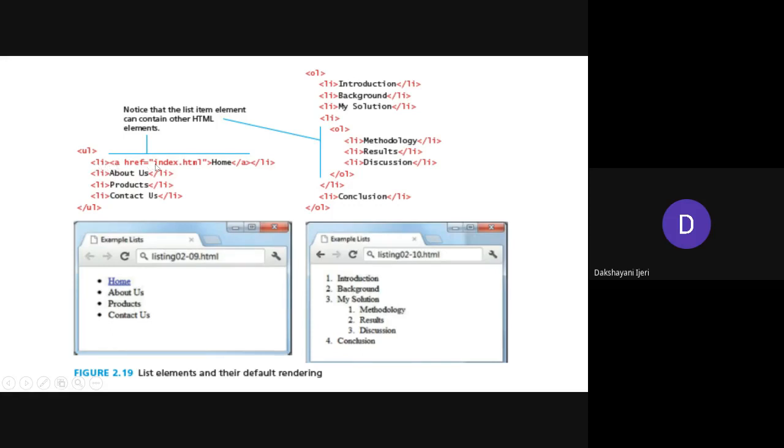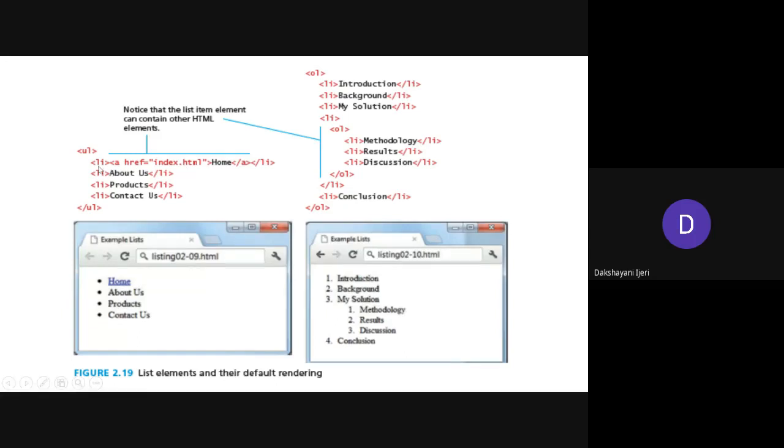So you can see here in the first example, li is the first element. Following that, the anchor element has been used. Why? Because the item that you want to include for the first one is a link. So though it is an item of the unordered list, if you want to use it as a link, or even if it is an image, in that case, if it is a link, you are supposed to use the anchor element after using the li. Once you have successfully created the link, then you have to close. All the li elements need to be closed right there itself, or else your list will not be properly created.